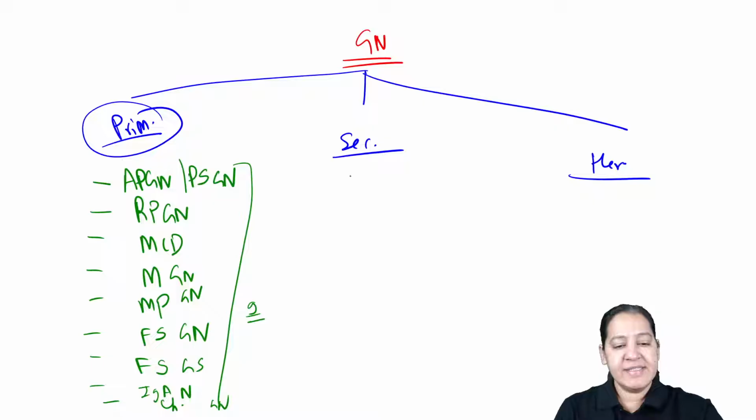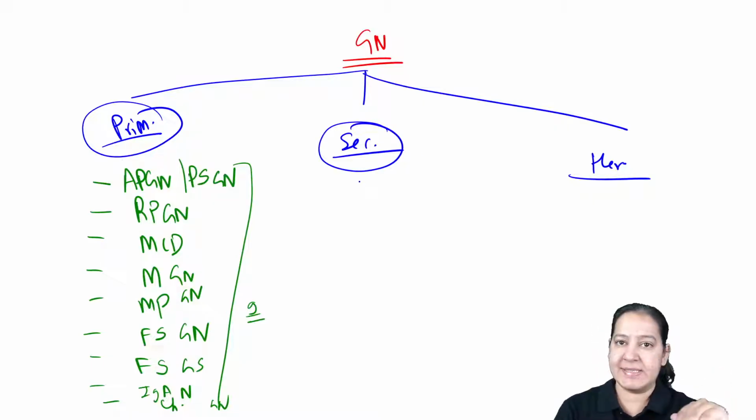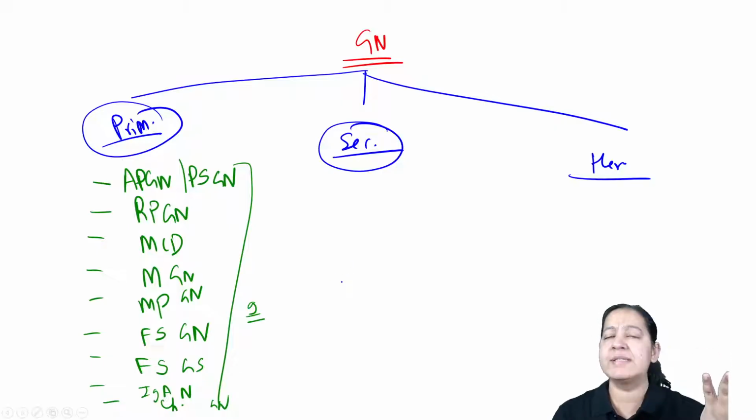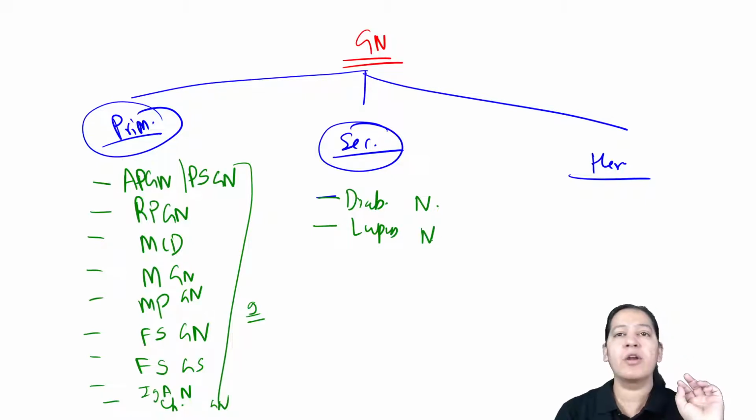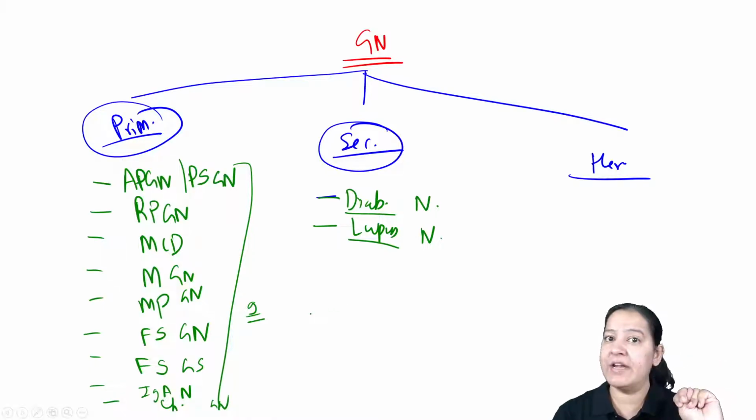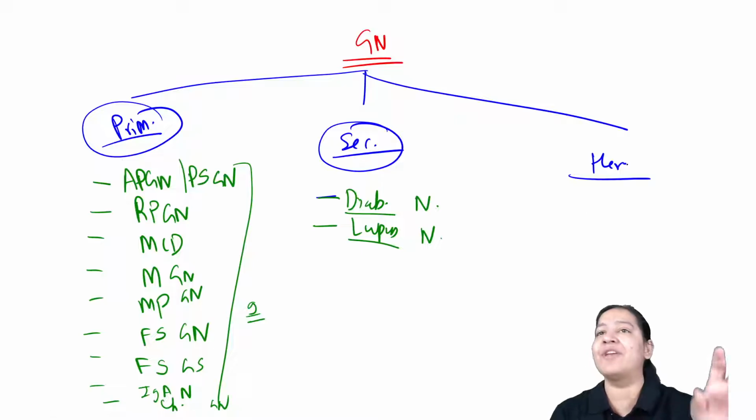Coming on to secondary. In secondary, actually, the disease is something else, like diabetes, or SLE, right? But here the kidney and the glomerulus inside the nephron is involved secondarily. There are many types of secondary, but I am going to teach you only the important ones. The first I will teach you is diabetic nephropathy, and then lupus nephropathy. Lupus nephropathy means the glomerulonephritis in SLE, and diabetic nephropathy is the glomerulonephritis in diabetes. There are many, but I will teach you only two. That is secondary glomerulonephritis.